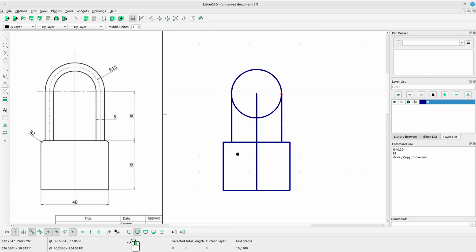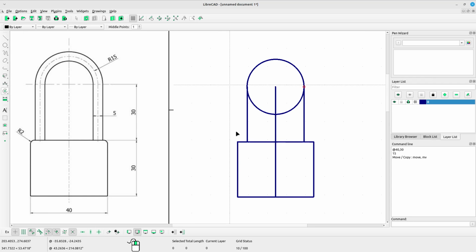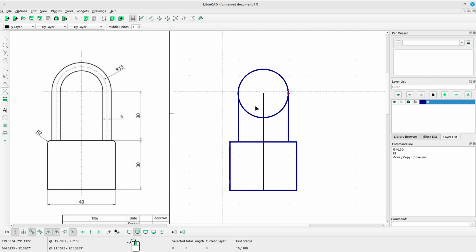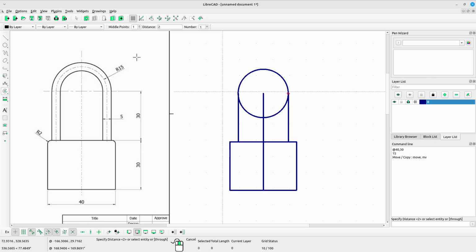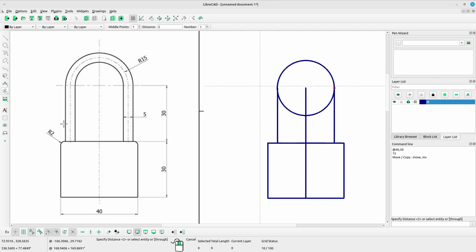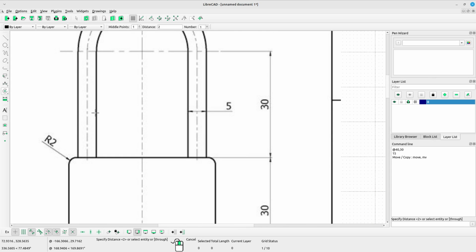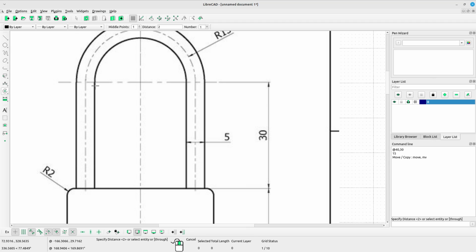Now we can use the parallel tool. Use parallel tool line, and I want to create this vertical line.